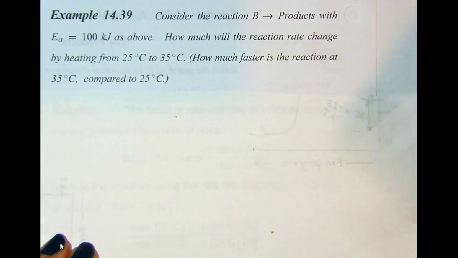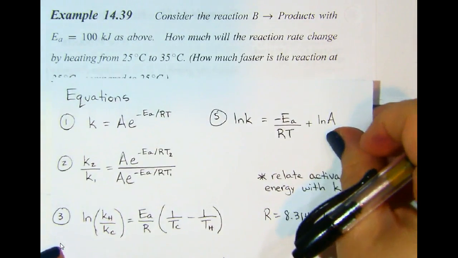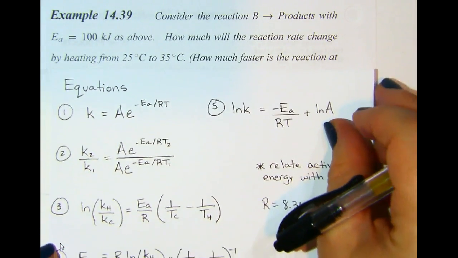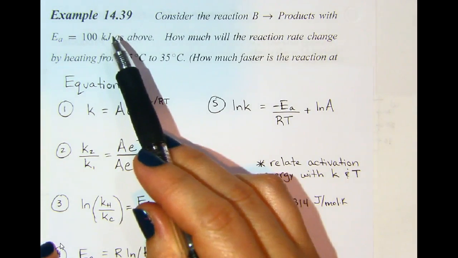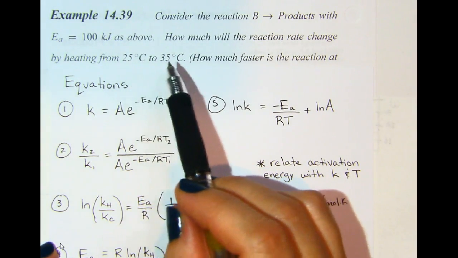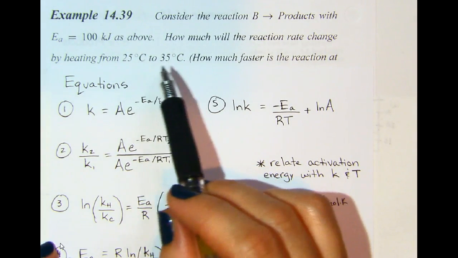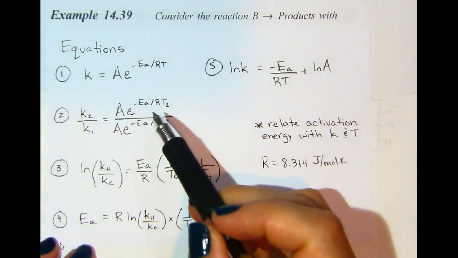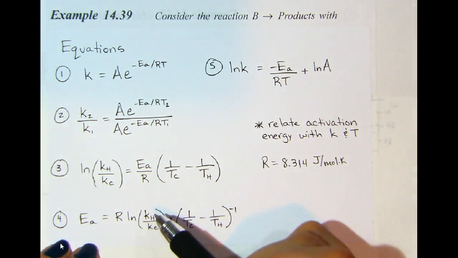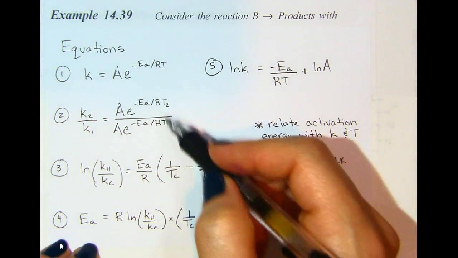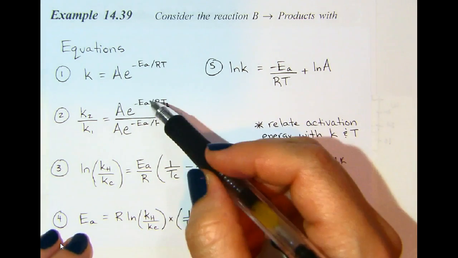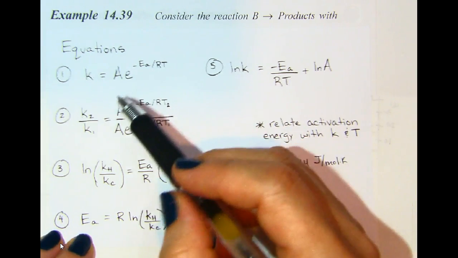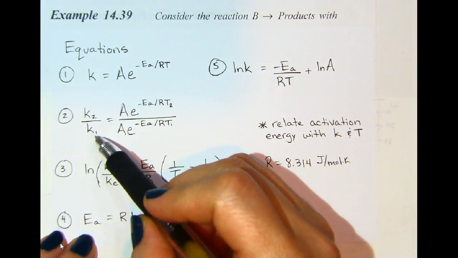So let's look at our equations that we should have jotted down earlier. And we're given an activation energy and we're given two temperatures. Notice there are two different temperatures. So I'm going to want to use one of these equations, 2, 3, or 4, since they deal in two different temperatures. And we're given the activation energy, and I'm going to go ahead and go with equation number 2,